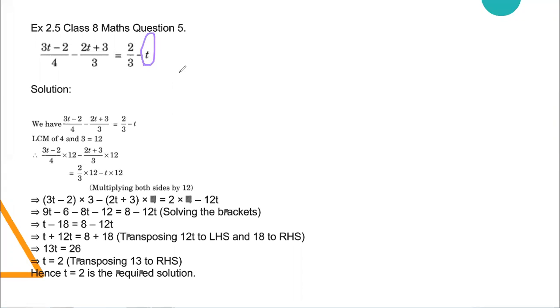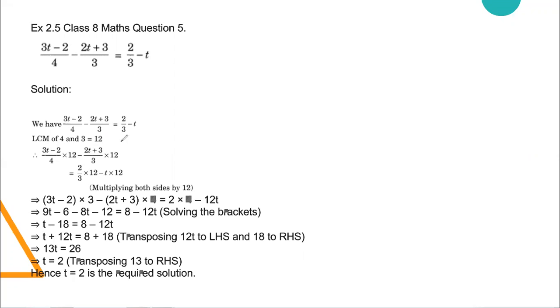Alright, to find the value of t, you have to just find out the LCM of the denominators. So what are the denominators? 4, 3, 3 and 1, right? Because t is divided by 1 when there is no denominator. So now what is the LCM of 4 and 3? It's nothing but 12. So after finding the LCM, your next step will be to multiply 12 to both LHS